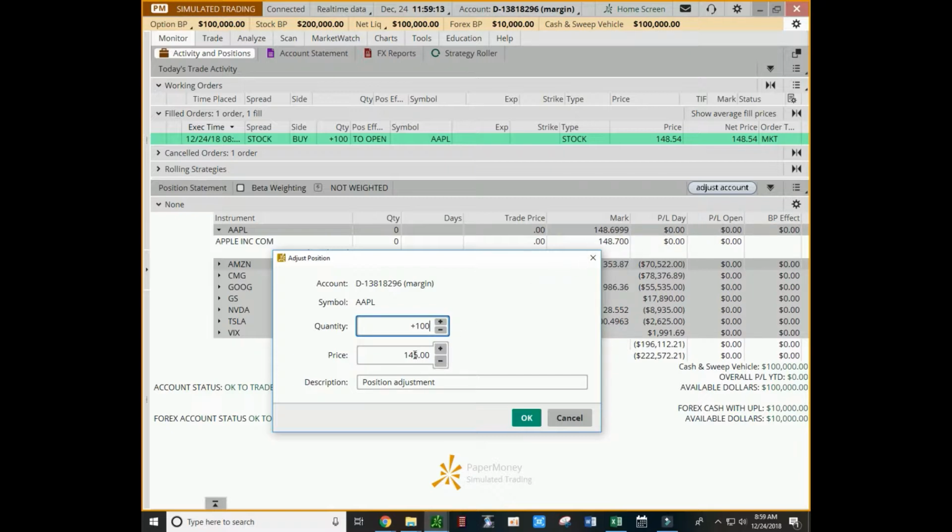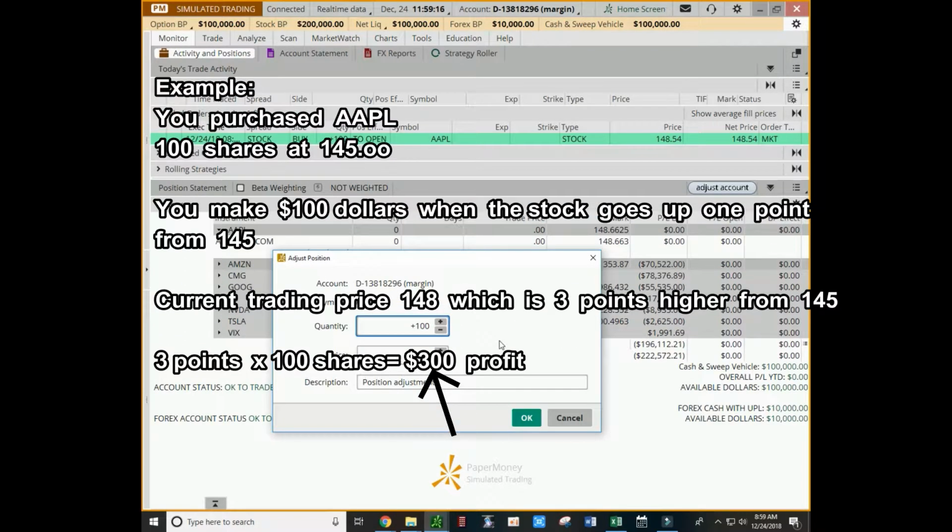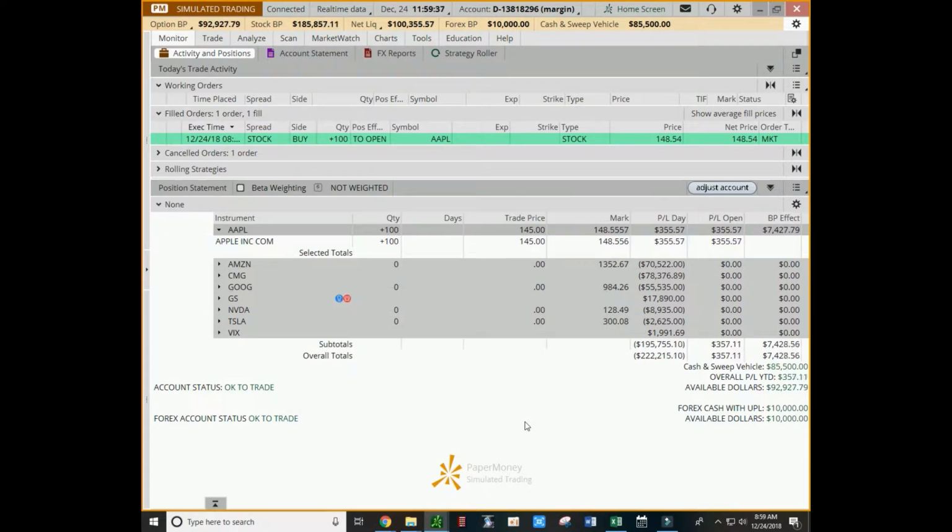And because we bought it at 145 and we make $100 every time it goes up 1 point, the stock is currently trading at 148.67. We should see a $350 profit, and it's going to be fluctuating because the market is open. You ready? All right, let's do it. Okay, there you go. So you see, I bought 100 shares of Apple, and now the stock is 148,